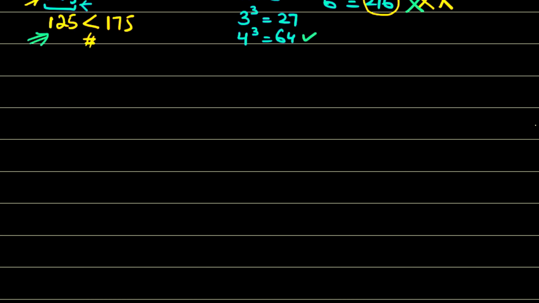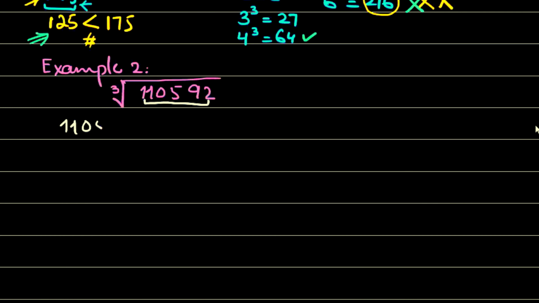And that example is, we have to write it. 1 minute. We have to take the cube root of 110,592, and we have to use the estimation method. Okay. So as per step one, we have to divide this number into two groups. Group of 3, 592, and start dividing from the right side, the unit side. 1, 2, 3, group number 1. 1, 2, 3, group number 2. Is that okay?